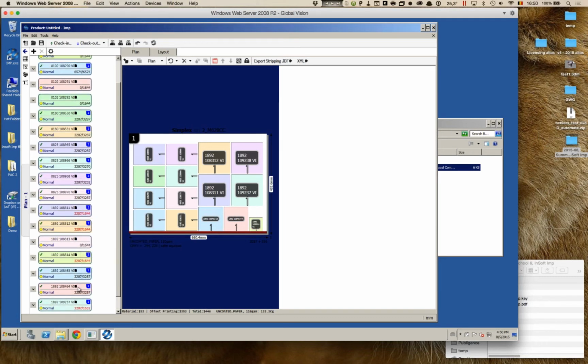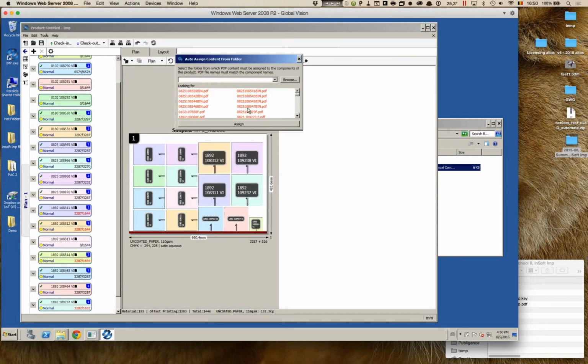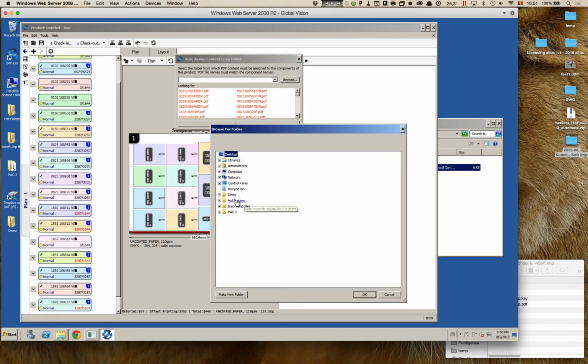And the ones that are coming up in red here, that means that I'm actually printing more copies of this component than what I had as a request in there. Now, it's a little bit hard to judge what I have here, so let me go back here and say auto assign the PDFs, and that will show you what it is still searching for. So everything is red, meaning it hasn't found any PDF files so far, and all we need to do is take it to the